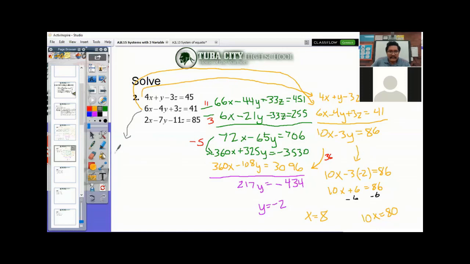All right, so 6 times 8 minus, and then 4 times y, which we know what the y is, it's -2. And again, the z is what we're missing, so that's going to be the part that stays as z. Now that I plugged the whole thing in, I'm going to go ahead and start evaluating it. So 6 times 8